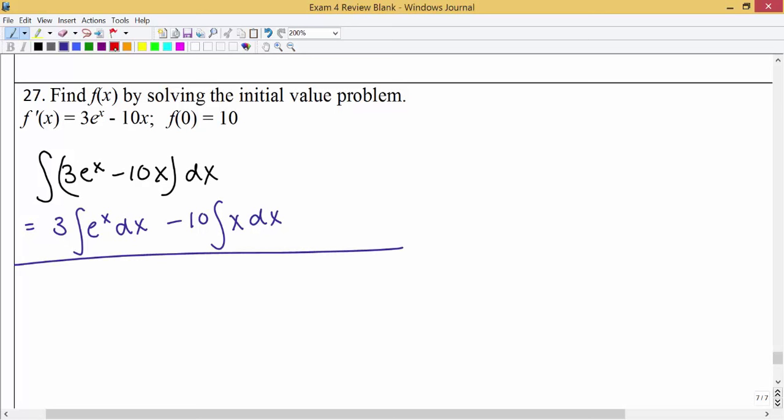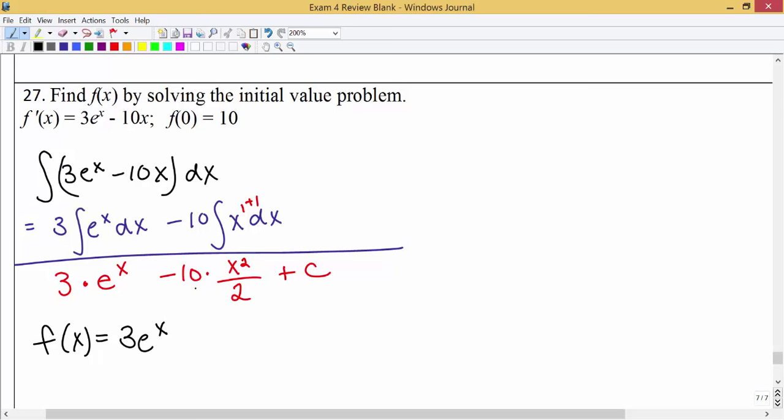So now let's actually perform the integration. That would be 3 times the antiderivative of e to the x is just e to the x, minus 10 times, so we have a 1 already, we're going to add a 1 to that, and then we're going to divide by the new exponent, plus c, so we don't want to forget our constant of integration when we're dealing with indefinite integrals. So what we're saying here is that the original function has to look something like this. 3 times e to the x minus 10 divided by 2, we're going to write that as minus 5 times x squared plus some